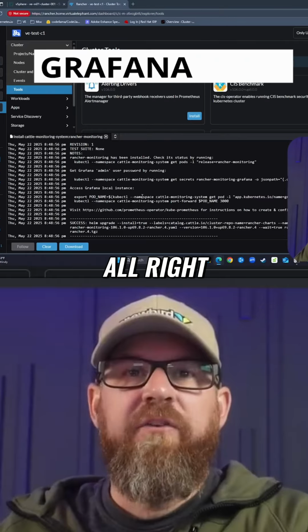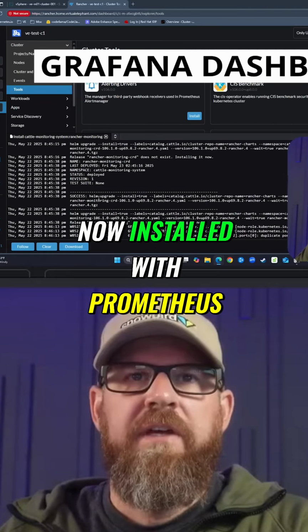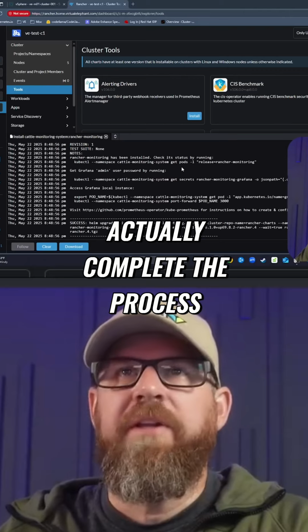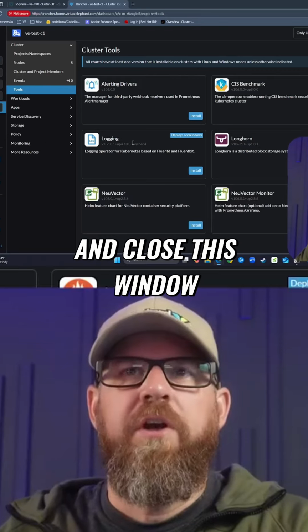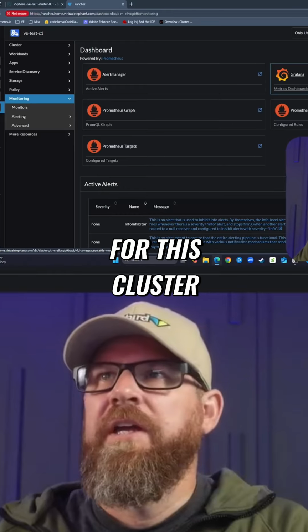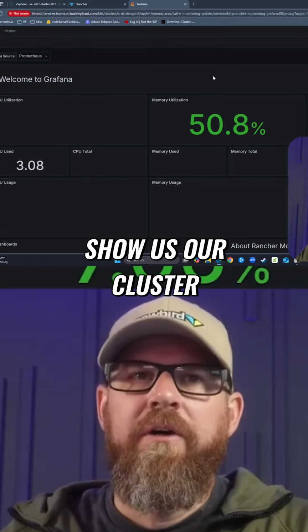and Grafana. All right, so we can see here that Grafana is now installed with Prometheus, and that it took about 3 or 4 minutes for it to actually complete the process. So we'll go ahead and close this window. We're going to come down here. Now we see monitoring for this cluster, and we'll click this button, and it's going to show us our cluster